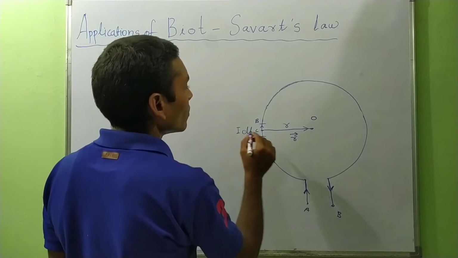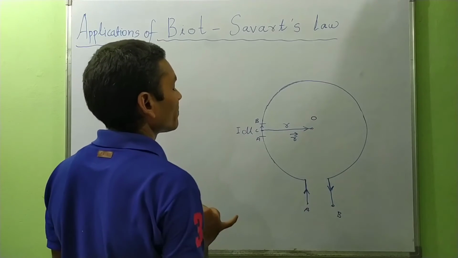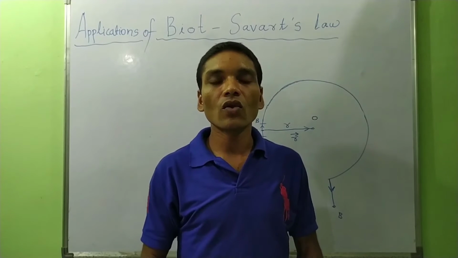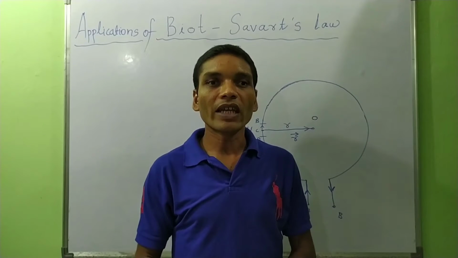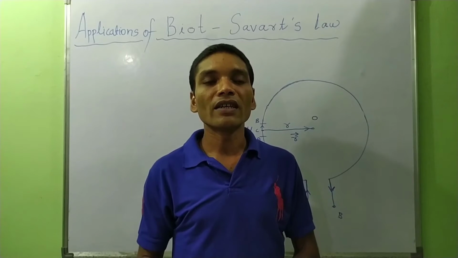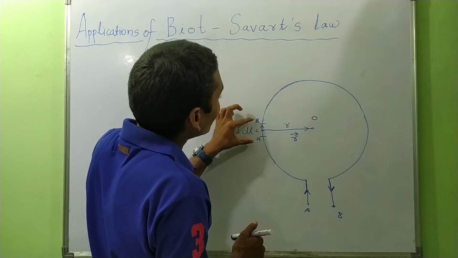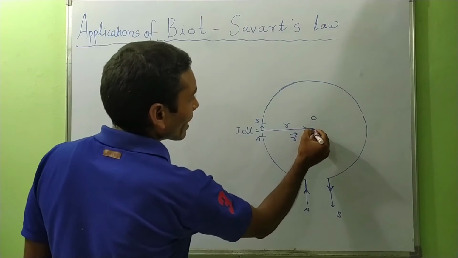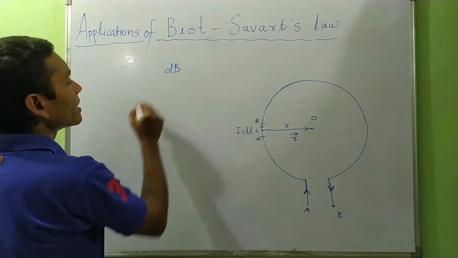Due to this current element, we have to determine the intensity of magnetic field or only magnetic field at point O. Okay. So by the Biot-Savart law, if current is flowing through any conductor, then magnetic field is produced around the conductor. Okay. And we can determine the intensity of magnetic field or magnetic field at any point near the current carrying conductor. So we are here discussing about dl length, okay, of this conductor. So the magnetic field at point O due to this current element dl is let this is dB.